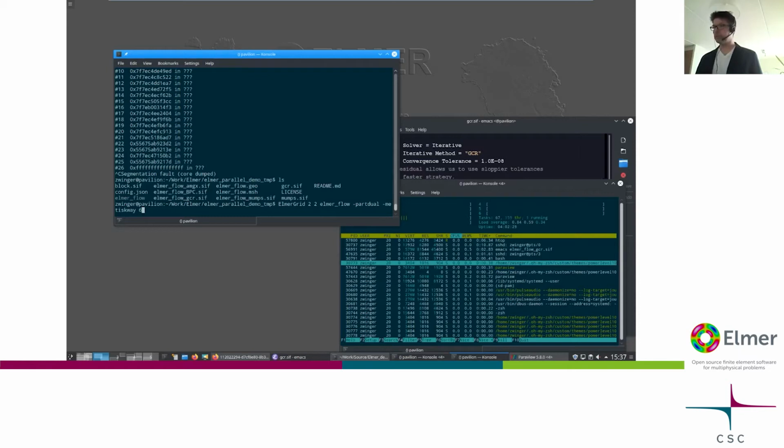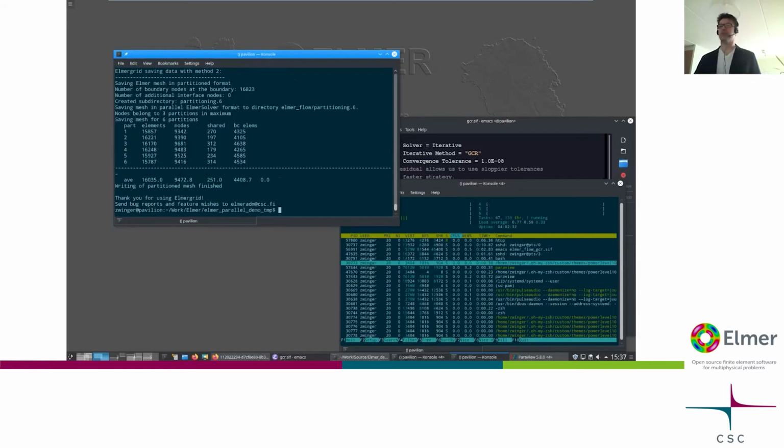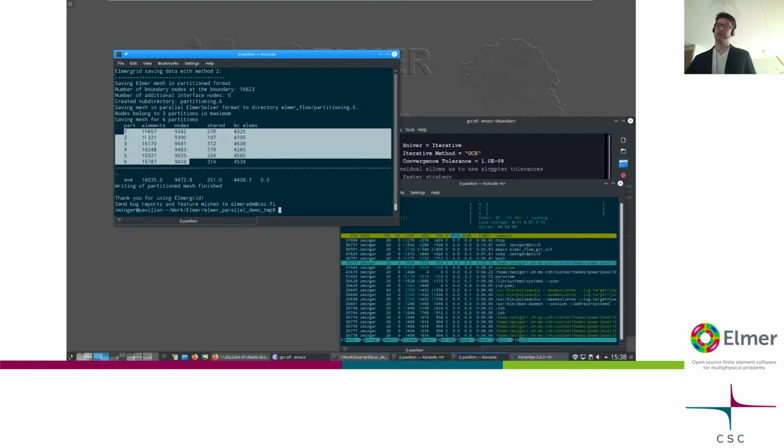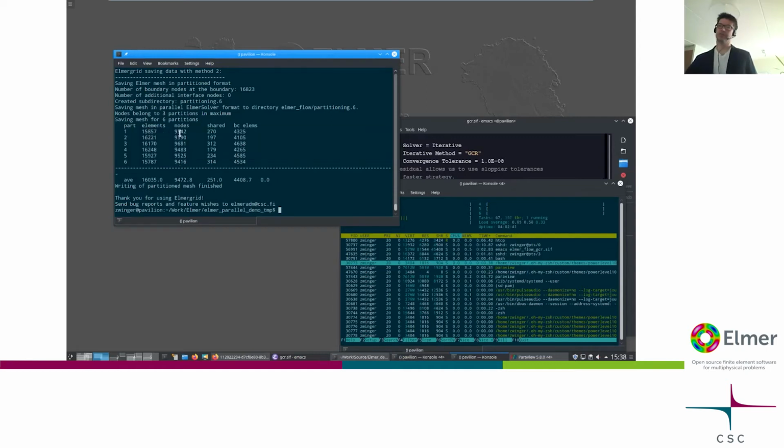Hope I didn't mistype it. Then I punch enter. No, it worked. So you see that the mesh then basically is split into 6 partitions here, showing this, which is very important for load balancing: the amount of elements as well as nodes per partition,